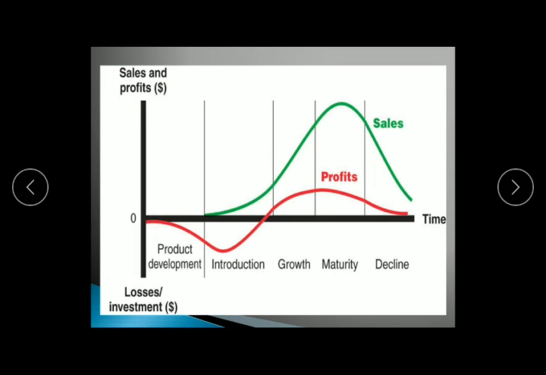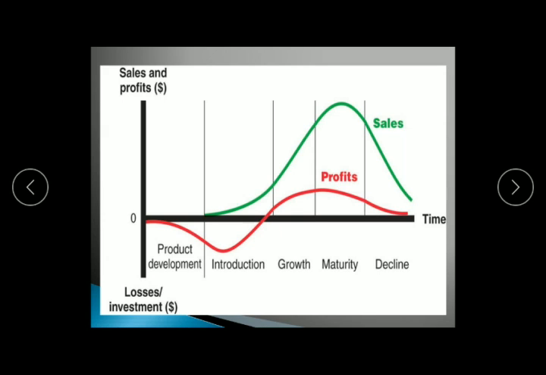Now let us understand the effect of the product life curve on the profit of the product. Initially, when the product is under development, there is a positive time axis but negative sales. Negative sales means there are fewer products manufactured, or there is only a concept of the product in our mind. Actual sales start from the introduction phase. In the introduction phase you have to initially invest some money, so that's why there is a negative curve for the profit.